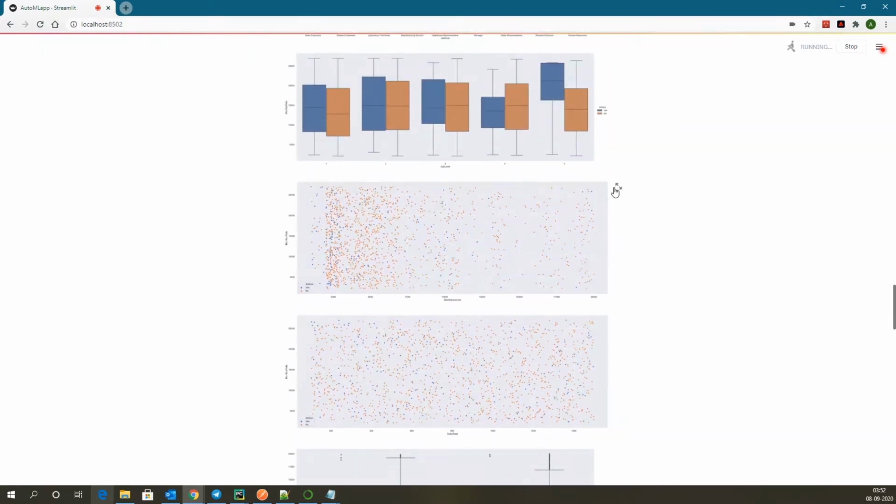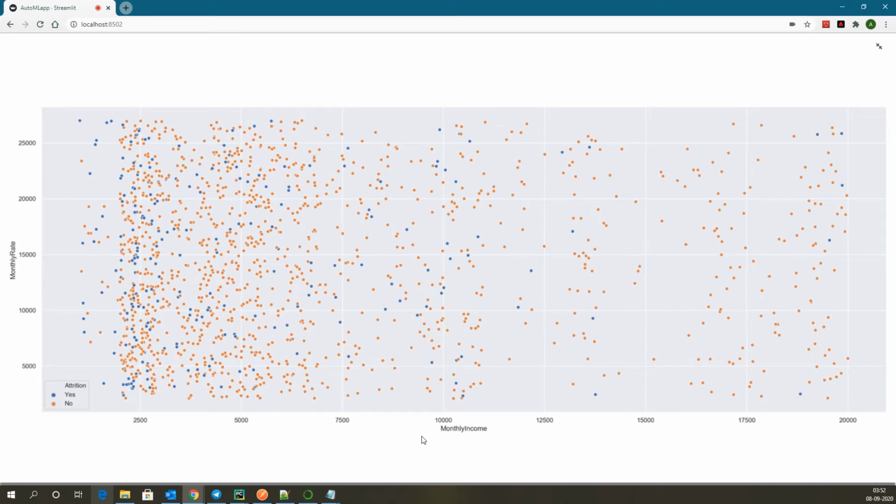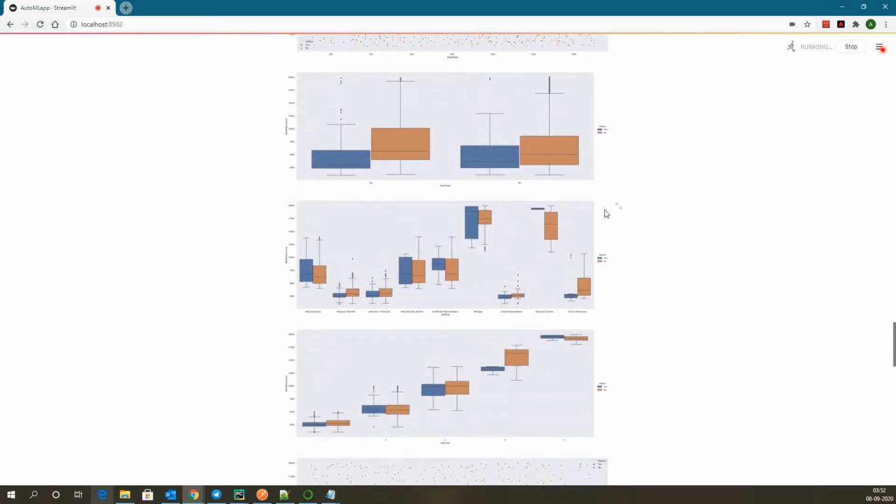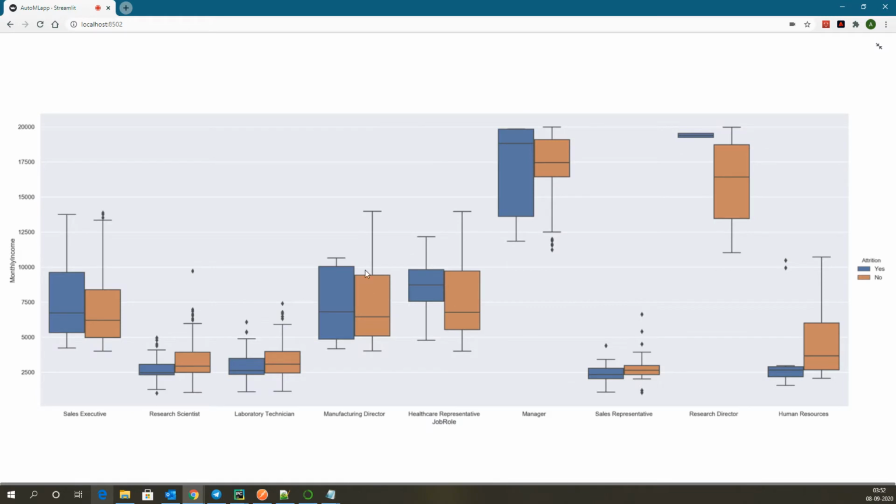Obviously, if you have continuous features, like in this case, monthly income and monthly rate are continuous, so you have those independent features on x and y axis. And color is my target feature, which is represented here as the color attrition. So you can see some trends showing up very nicely.